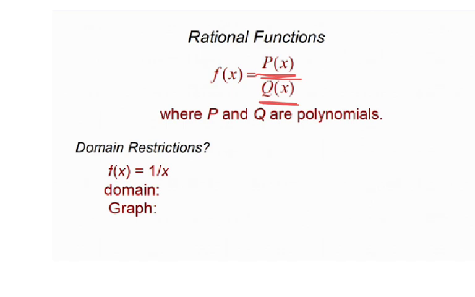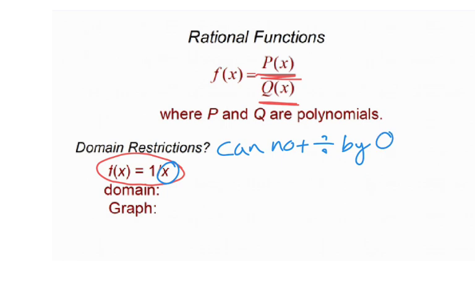So an example right here would be 1 over x. And so you're going to have some restrictions on your domain. And remember, the restrictions are from your denominator because you cannot divide by 0. So that brings things that it can't be. So for this one,